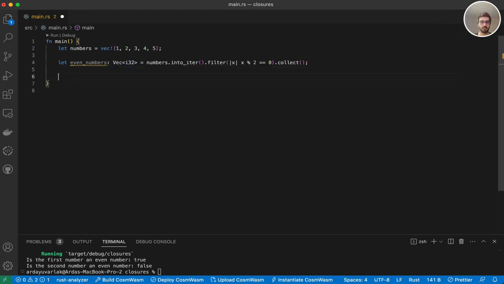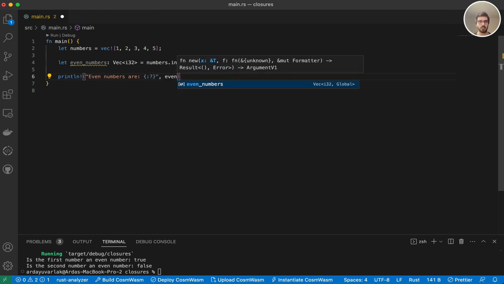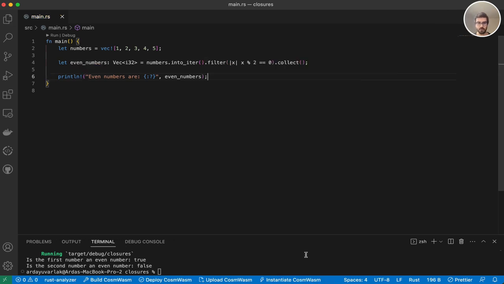Now let's print out this and see if it works. Even numbers are, I'm going to use debug here because I want to work with a vector. Well, let's print out this vector. Now as you can see, we got 2 and 4,